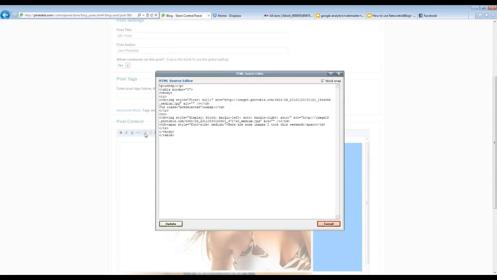You can just copy that code that they provide for you and pop it right into the HTML source. Whatever that code has been coded to do will work right inside your blog. So I'm not sure if that's what you're trying to do, but in regards to